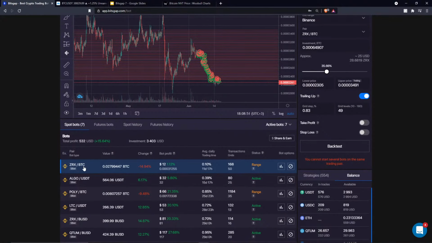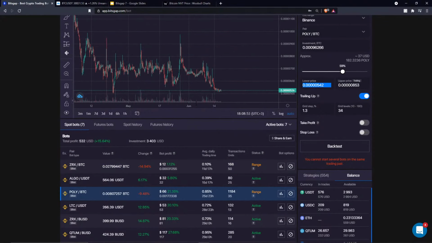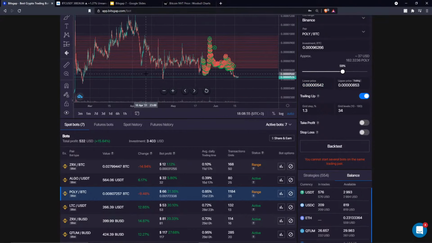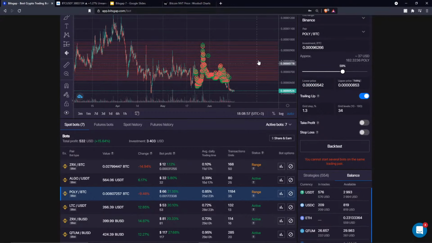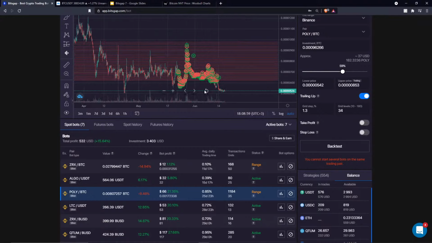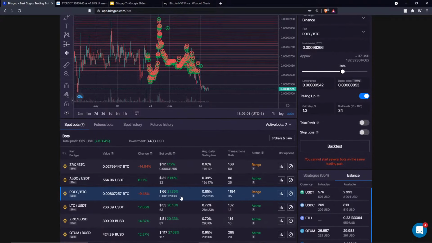So in my case, I'm trading 0x and poly. The poly, once again, I explained, I can see a perfect sideways market formation, so why not take advantage of it? You see, it's already made me like 21% in 25 days. So that's pretty much 7% per week, right? More or less, it's around 6% or something per week, which is exactly what I mentioned. You can really come up with these strategies that can bring you around 7% per week if you really recognize perfect market